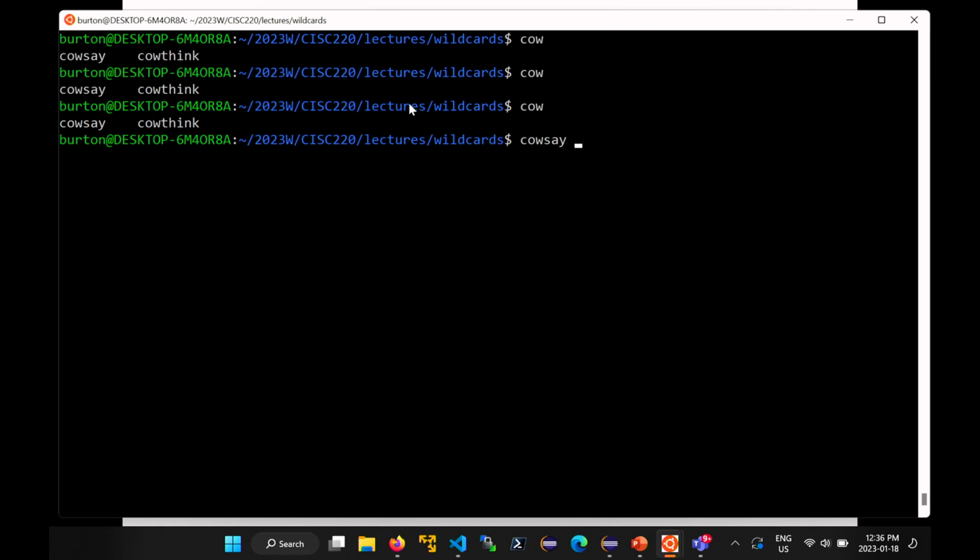So if you start to type in some command that happens to have a long name, you normally only have to type in the first few characters and then press tab, and it auto-completes, right? Obviously, if there's more than one command that starts with the same few letters, it can't auto-complete. But if you press tab again, it'll list all of those commands. Now, this also works with file names,